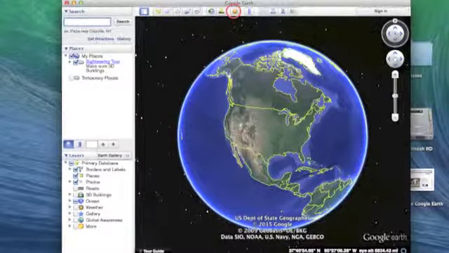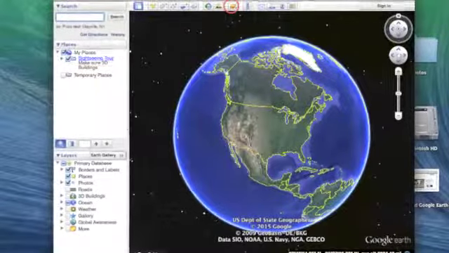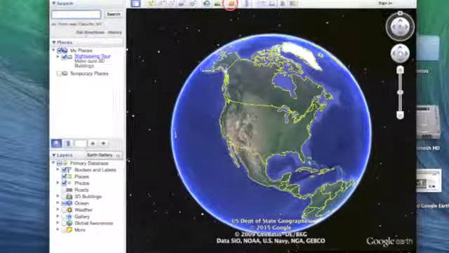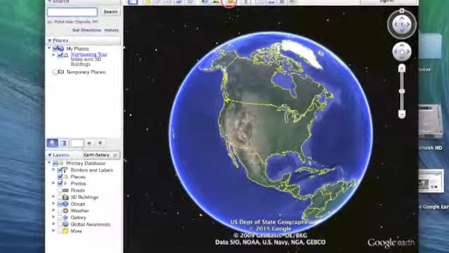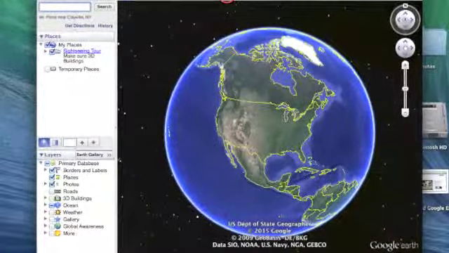Okay, so now you have Google Earth downloaded on your computer, and you're thinking, okay, how do I even go to the moon using Google Earth? Okay, well, when you open the program, you are going to see a toolbar. And on the toolbar, there's going to be a button that has a circle with an orbit around it, kind of like a planet. So you're going to click on that button,